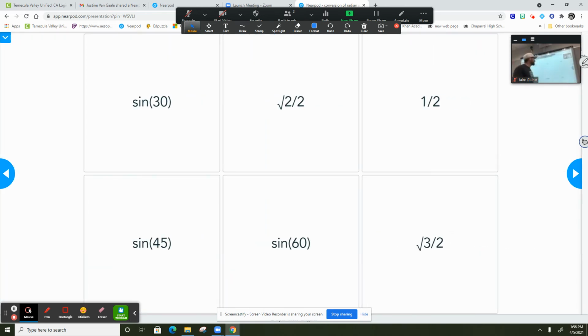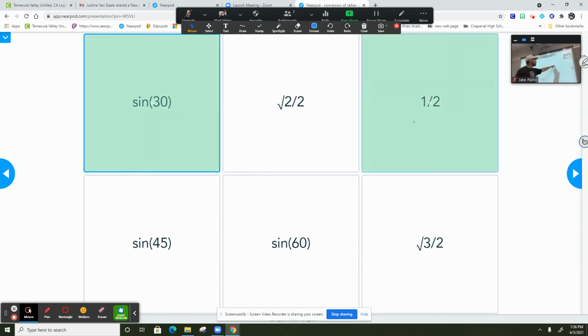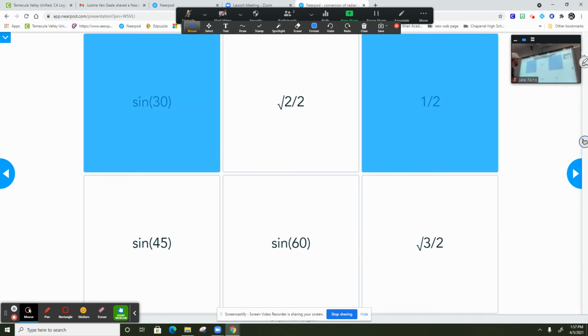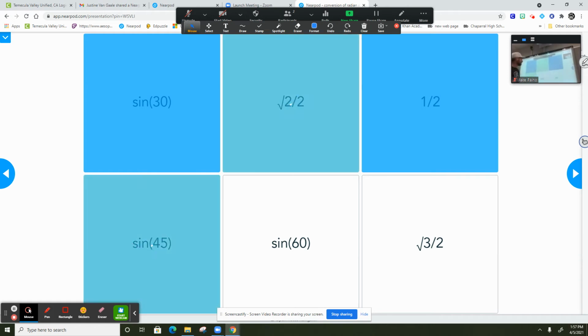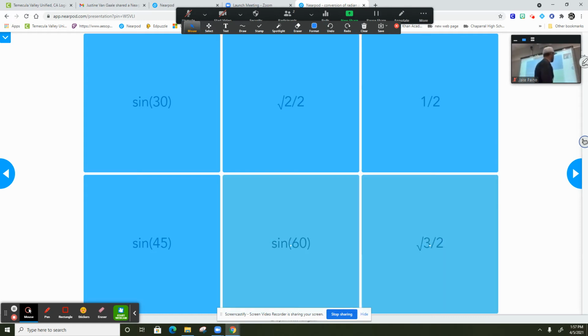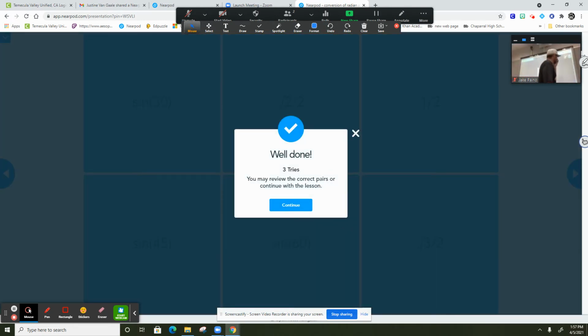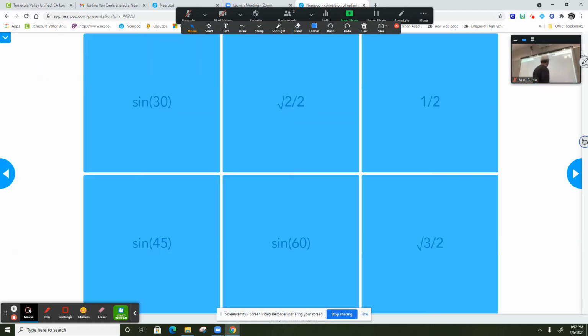And then for the sines, if I said sine of 30, sine of 30 every single time was 1/2. If I said sine of 45 every single time, that was rad 2 over 2. And sine 60 was always rad 3 over 2, every time. All right, so now that we know that,